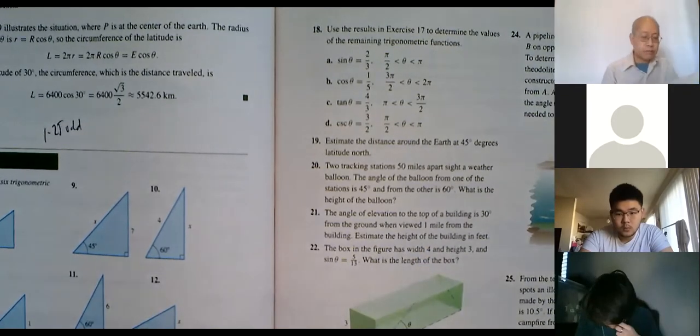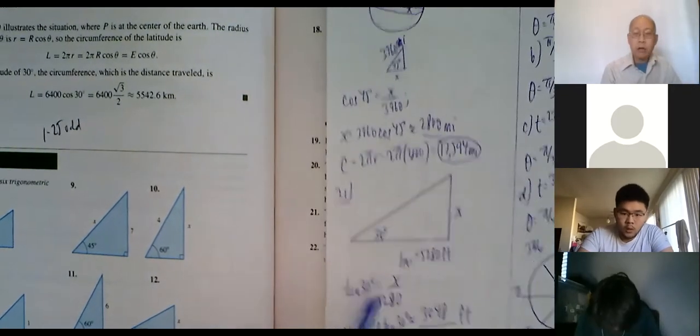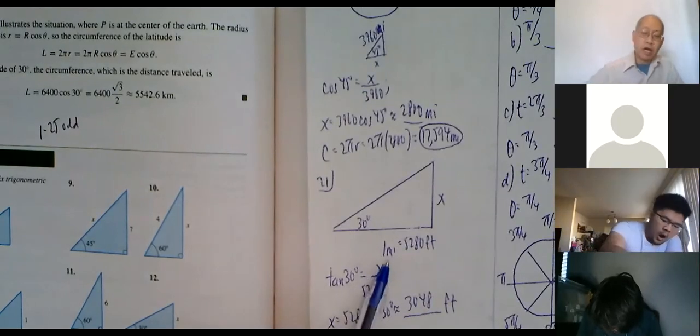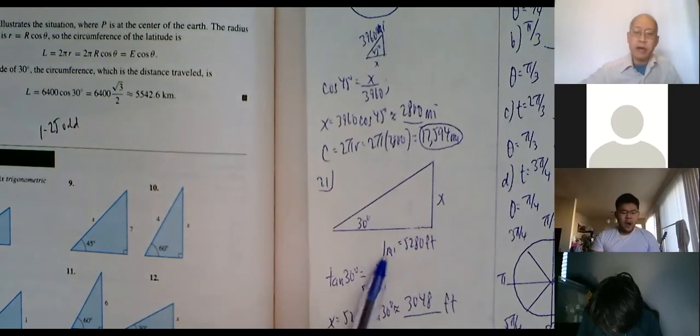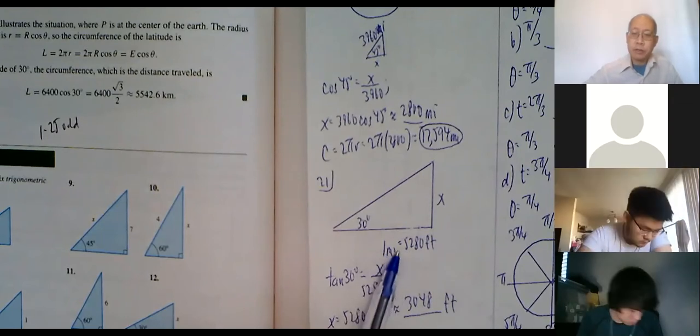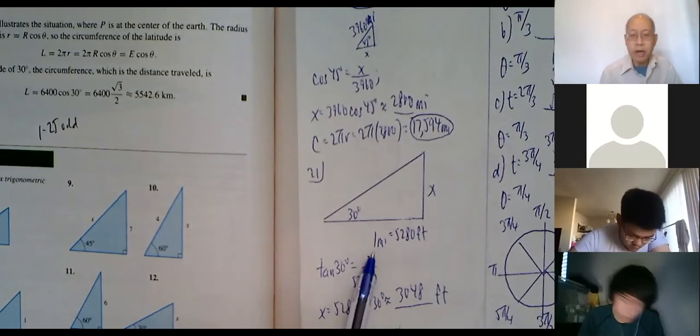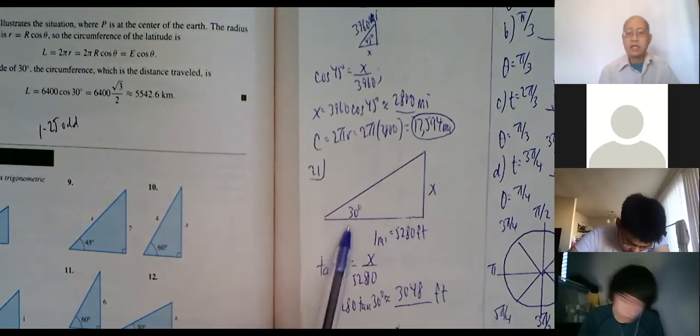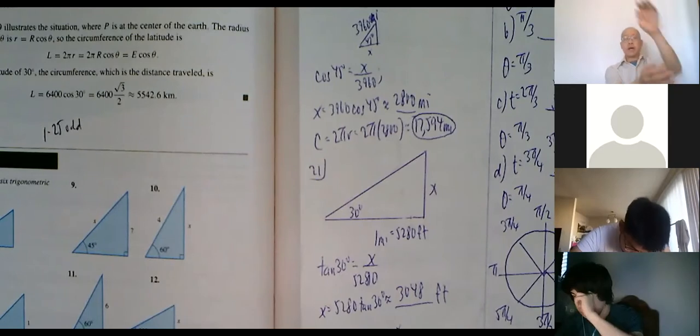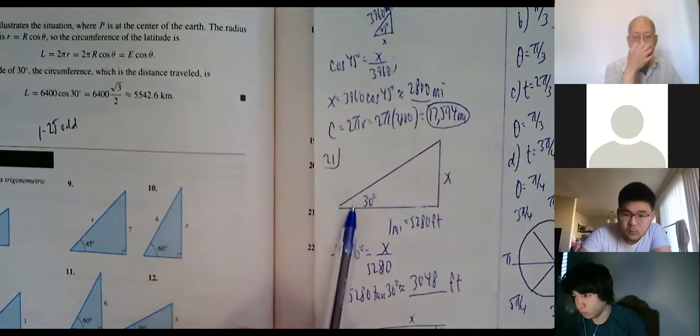Okay, so here's the picture. Now, this may or may not be common knowledge, you can always look it up, but 1 mile is 5,280 feet. You can put that on your cheat sheet if you need it. So if you've gone 1 mile, it's 5,280 feet. The angle of elevation, looking up at the top of the building, is 30 degrees.